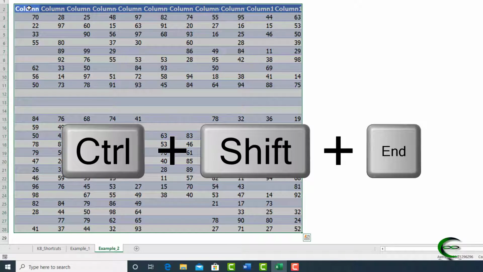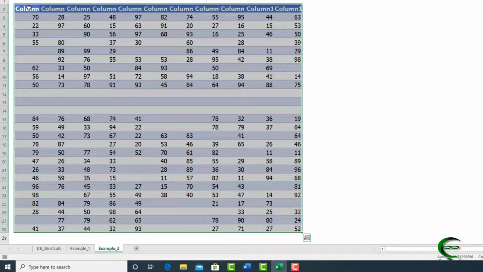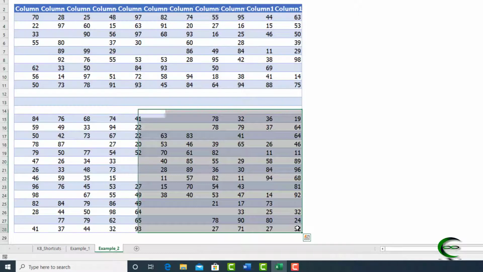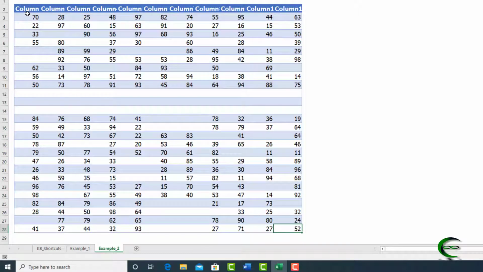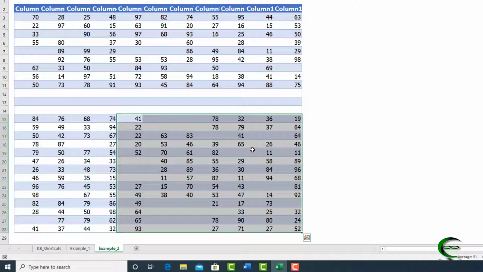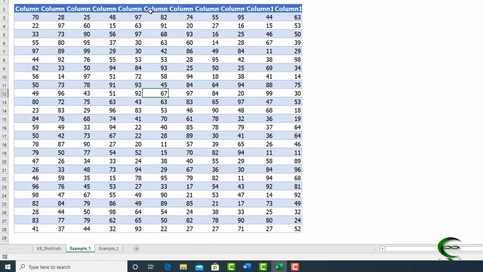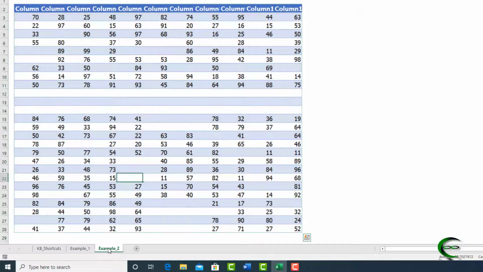When you press End button, Excel selects the range up to the last cell of the used range. Here your used range is up to this cell, so Excel selected this complete range for you. If you select this cell and press Ctrl Shift and End button, Excel will select this much range only. You can use this trick for contiguous range as well, and also for selecting a column in